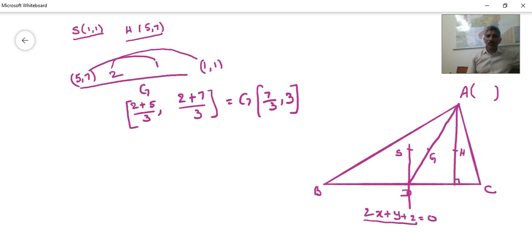Centroid we got. Okay. So once we got the centroid, means from 1 comma 1 on to this line 2x plus y plus 2 is equal to 0, D is the foot of the perpendicular or not? So let us say the foot of the perpendicular is h comma k. Now tell me, h minus x1 by a is equal to k minus y1 by b. I am finding the foot of the perpendicular by using the formula,